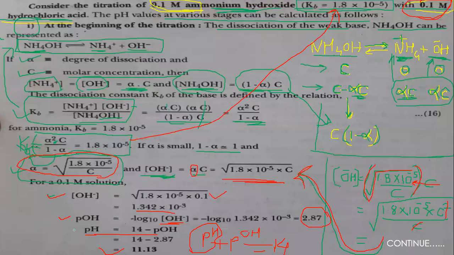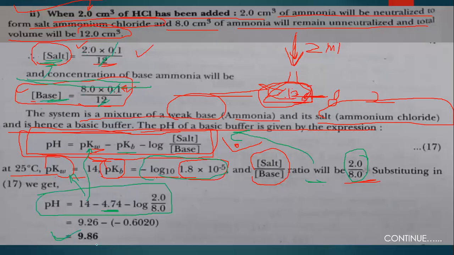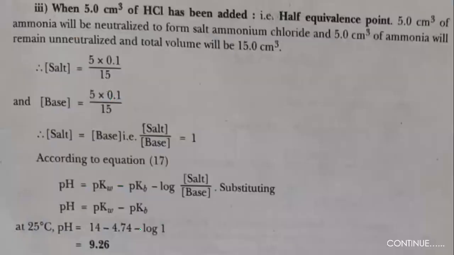जेव्हा काहीच HCl ऍड केला नव्हता, तेव्हा pH किती होती? 11.13 होती कोनिकल फ्लास्क मध्ये. आता जेव्हा 2 ml HCl टाकला ब्युरेट मधून, आता ते pH किती झाली कोनिकल फ्लास्क मध्ये? 9.86. आता किती टाकूयात? 5 ml HCl टाकूयात. हाफ इक्विव्हॅलन्स पॉइंट म्हणतात याला. ओके, अगेन डू द सेम.